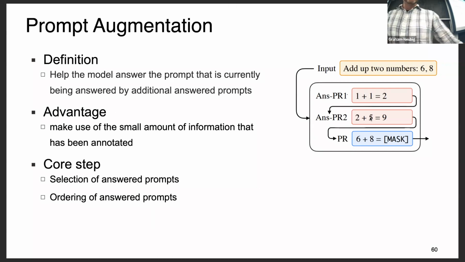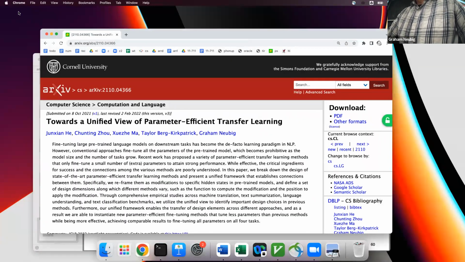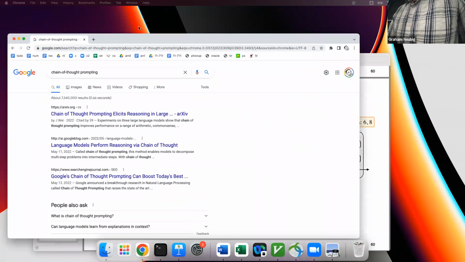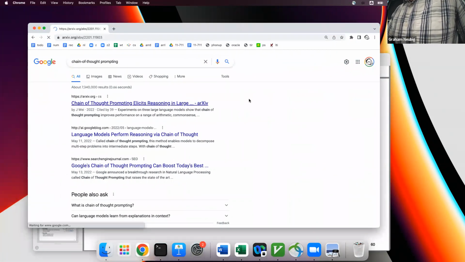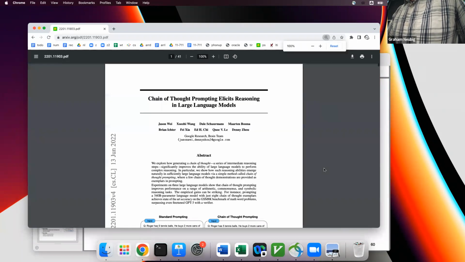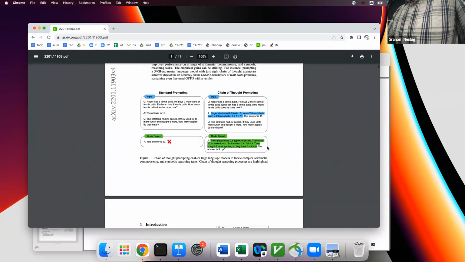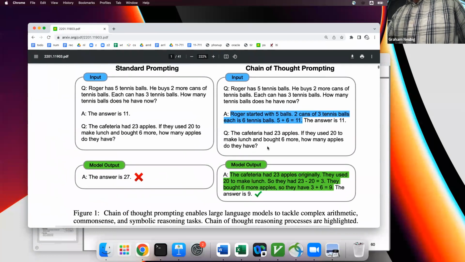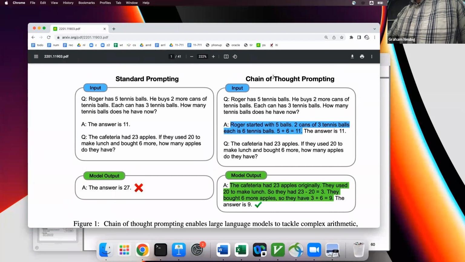Another interesting development that I didn't add to the slides, but I think is worth talking about is that if you want to start handling more complex tasks that require things like reasoning, there's this idea of chain of thought prompting.